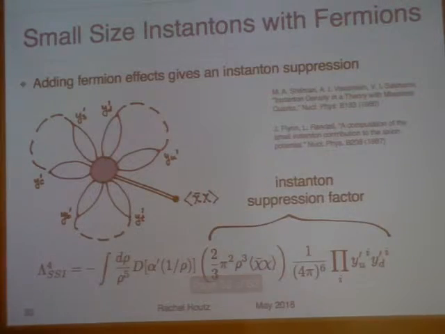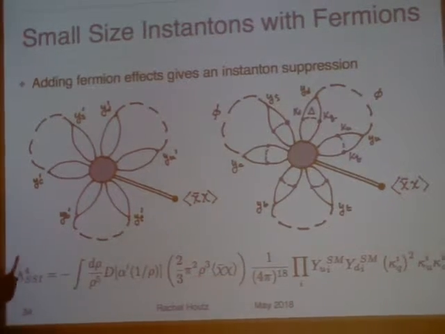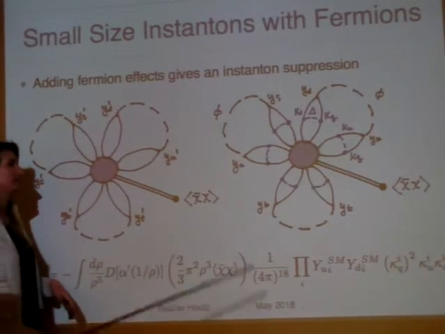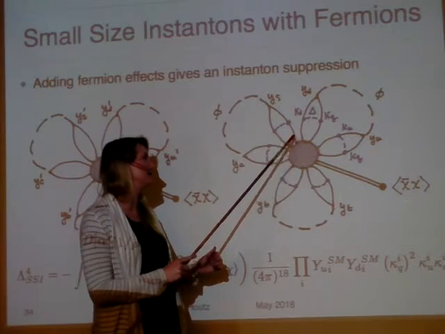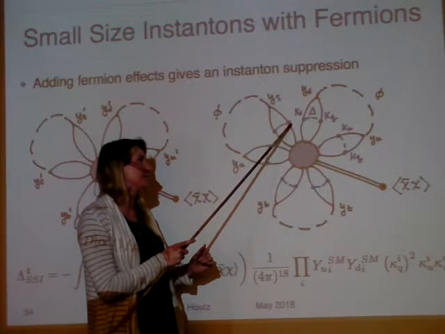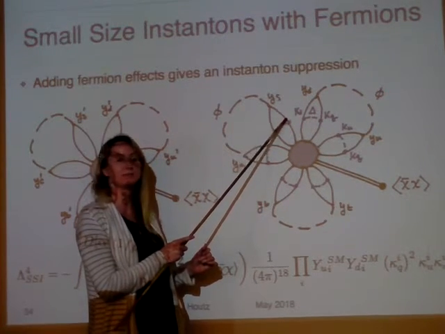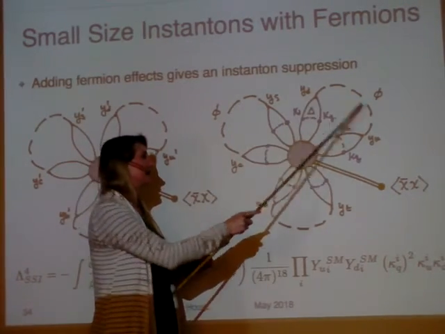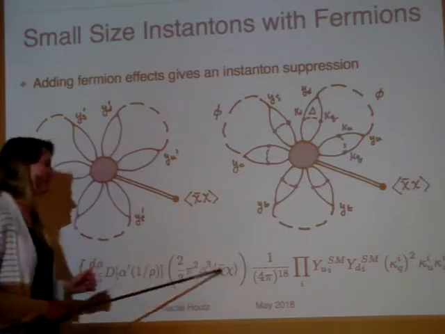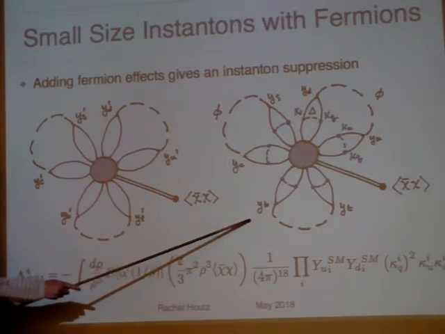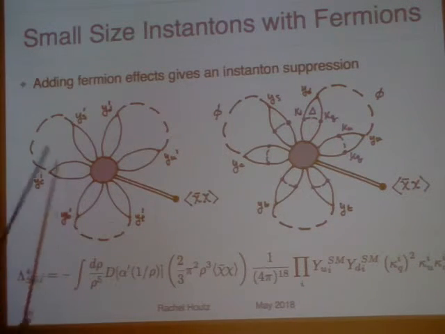All right. So there's also a subleading contribution, which isn't relevant to Model 1, but will be relevant to Model 2. In this subleading contribution, we have the SU3 prime instantons and the prime quarks here, and they interact with a delta that flips a prime quark to an SU6 multiplet. Then the standard model Yukawa couplings to the Higgs close off these fermion loops. So this is a far more suppressed diagram, but it will be relevant in Model 2. For Model 1, this is the leading order suppression, so this is the one we care about.